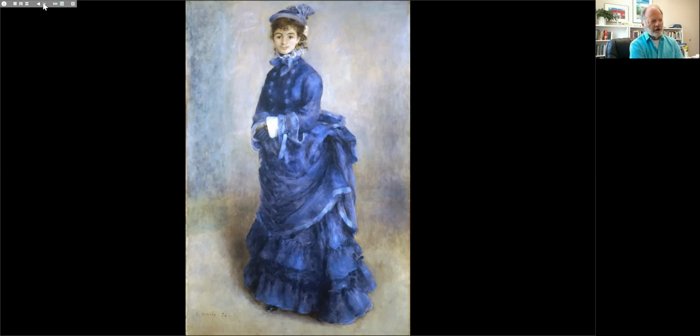This dark blue color was considered very fashionable. And notice that she's presented in much the same way against a blank background, posing, aware of the viewer, and so different from a Degas image of the figure.